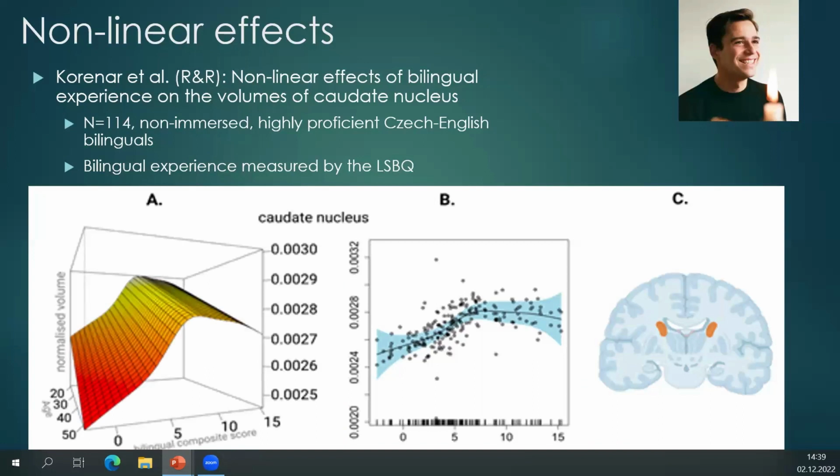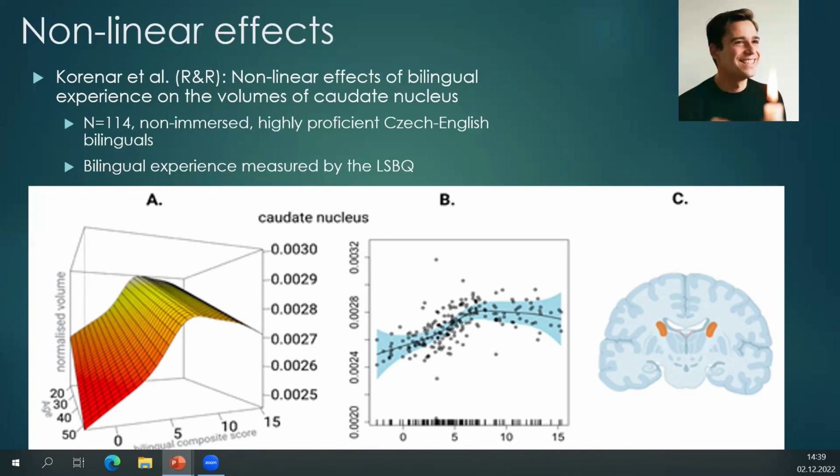So this is the same data, but we also drew age. Why did we do that? Because our sample had a big age range, 20 to 50 years old, and we know that the brain ages, right? So by aging, I mean it shrinks, pretty much. So what you see in the x-axis is again the bilingual composite score, so it's the same axis here. The y-axis height is the volumes, right? So this curve that you see here is exactly the same curve here, right? It's the same visualization out of this point. What we care about is this axis,